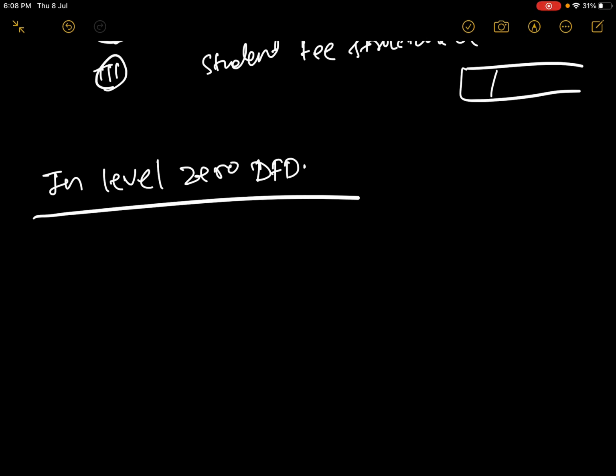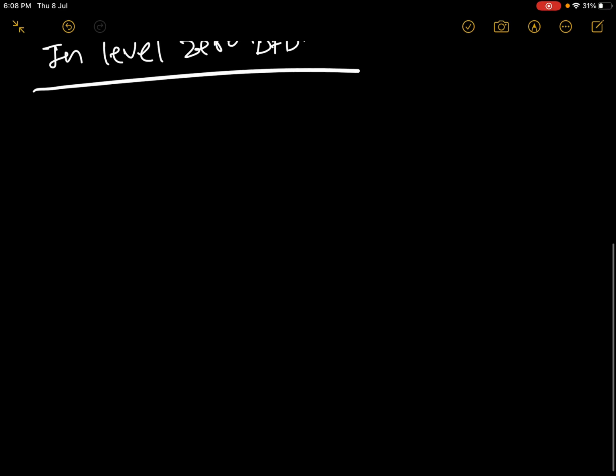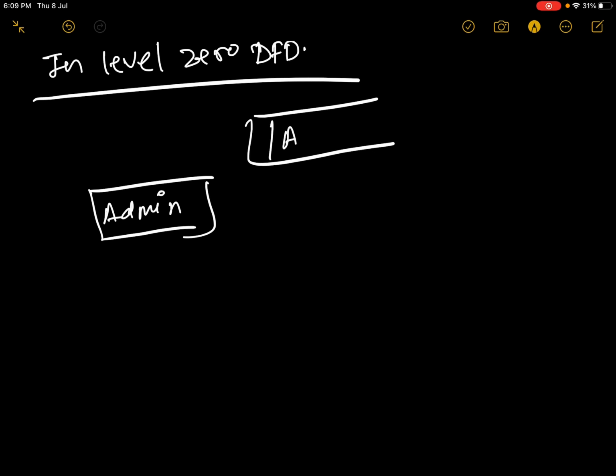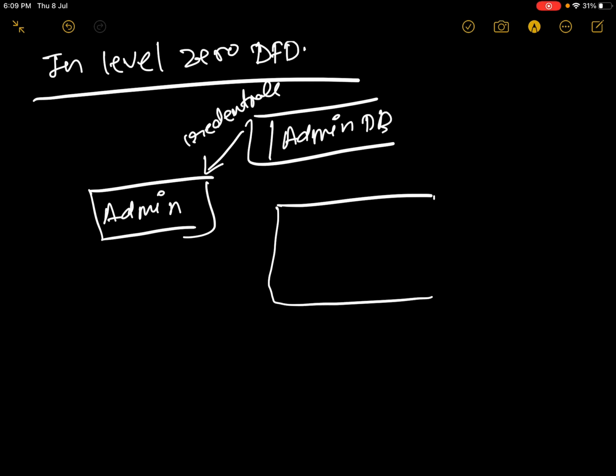Okay, so for the working of the level 0, start from the admin. What can admin do? This will use the data which is stored in the admin database. This will take the data from the admin database, basically the credentials, and go to the login system.